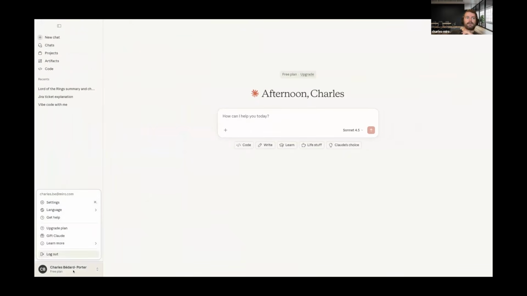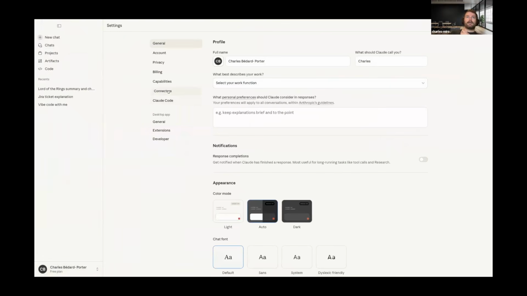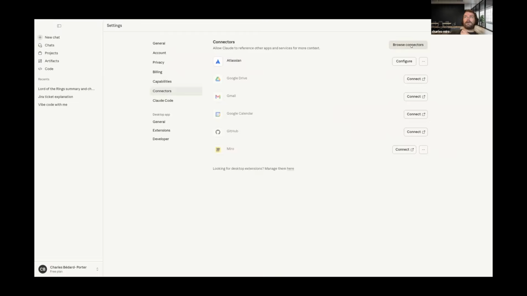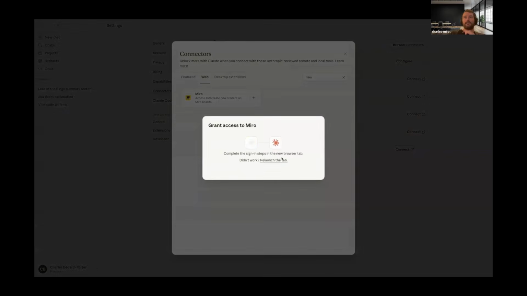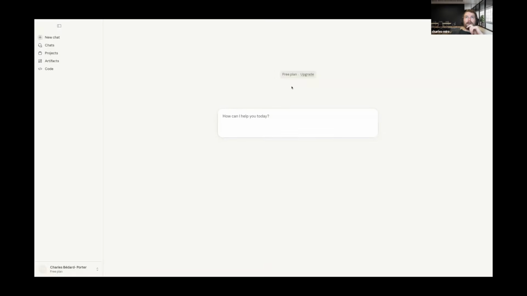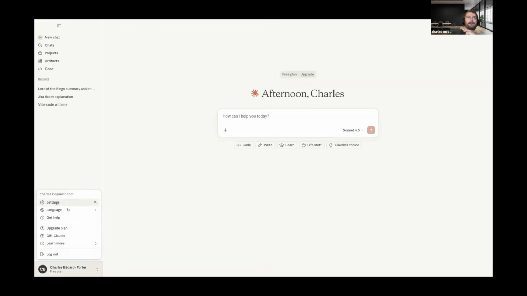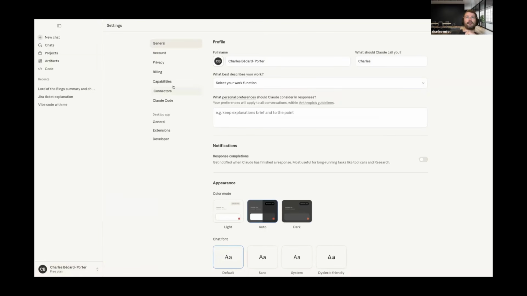I can go into the bottom left-hand side, click on settings, go to connectors here, and I will have to browse because I need to re-auth Miro. Click on my Miro. Perfect. Now it should go back. Okay, perfect. So now I can see in my settings, if I go to connectors, I should see